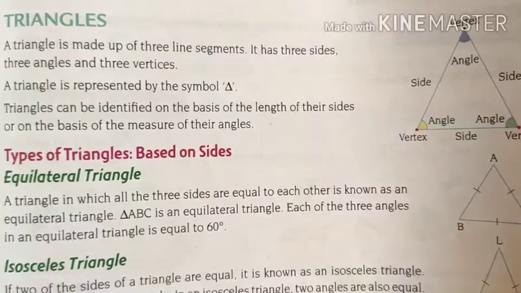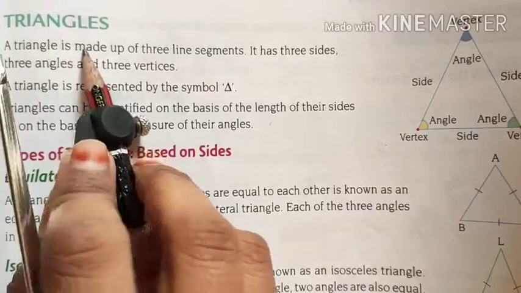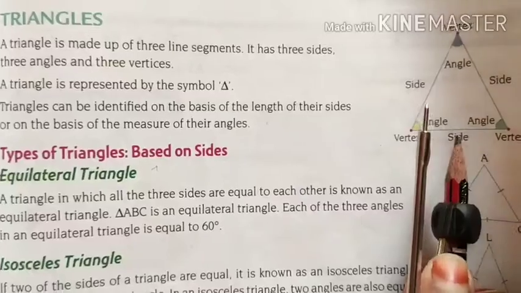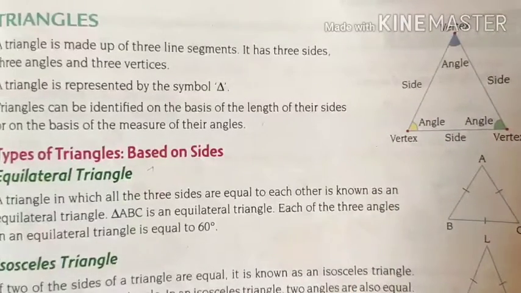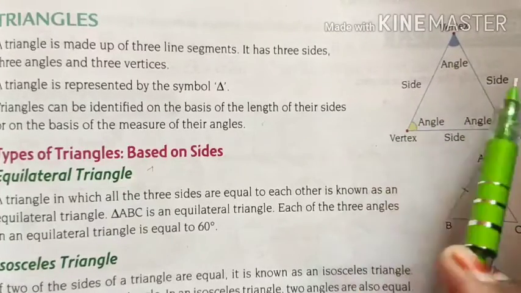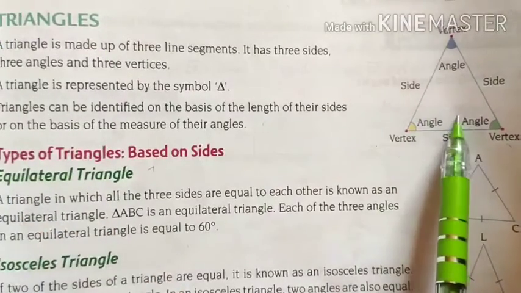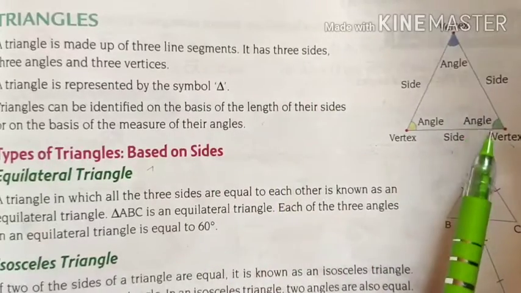Then on next page, that is 181, first of all we will put the headings, that is the triangles. Then we will not write down the definition, but we will draw only this diagram. But whatever has been written in this diagram, that we will write in our fair notebook. For example, here we have three vertex 1, 2, 3 and we have three sides and we have three angle. So put the heading triangles and then draw this diagram. From diagram only we will learn, we will not write down the language, only diagram.